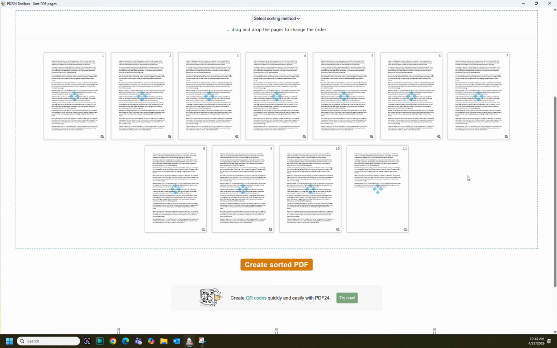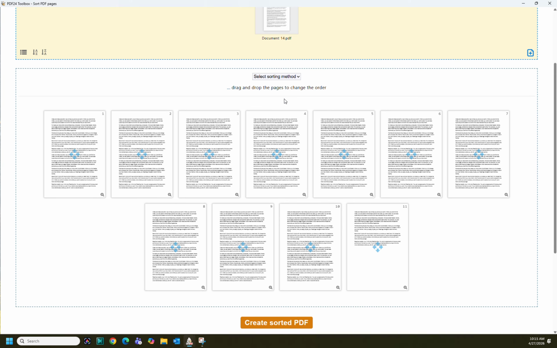As you can see, your PDF file has different pages. Here you can select the sorting method from back to front. Now it is from 1, 2, 3, 4, 5. If you want from back, it will be like that. 11, 10, 9. So if you don't want like that, if you want to do it manually, you can